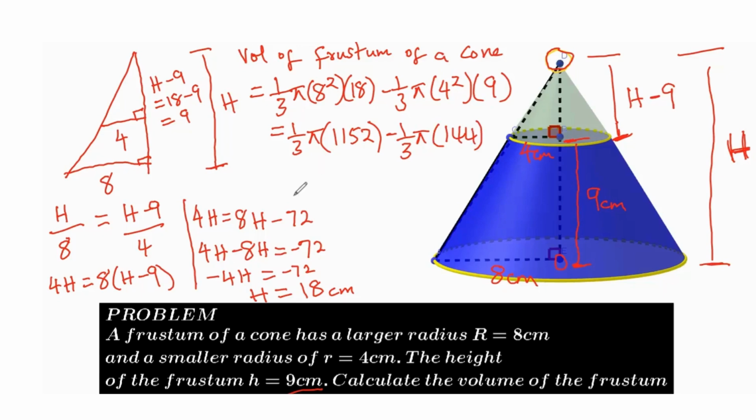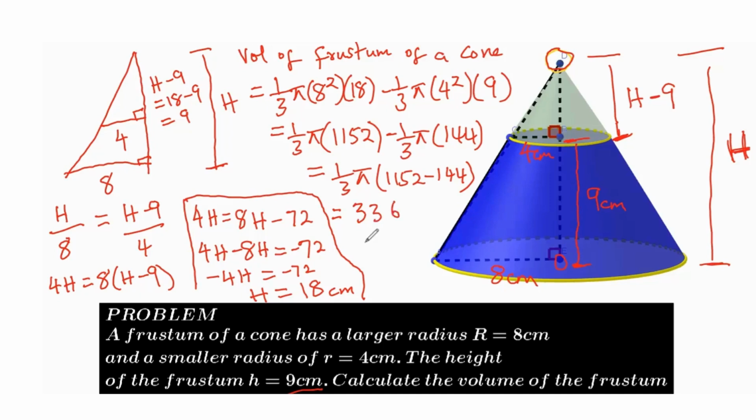So if we subtract, 1 over 3 pi, we have 1152 minus 144 here. Okay, let's block out this. This is going to give us, in terms of pi,